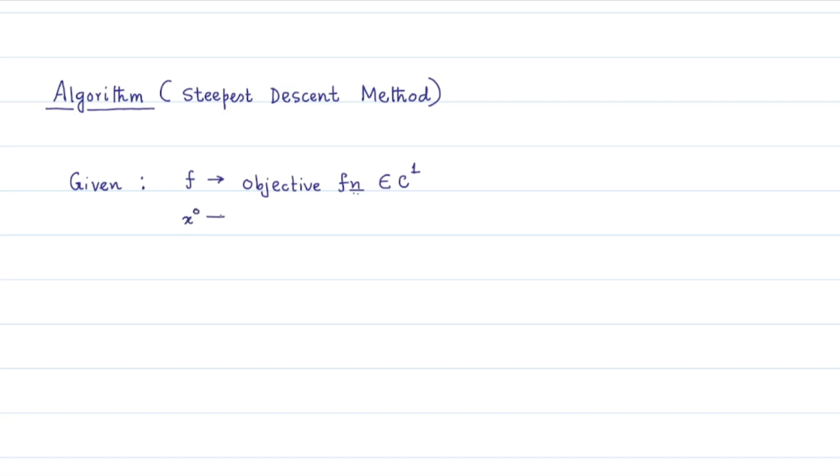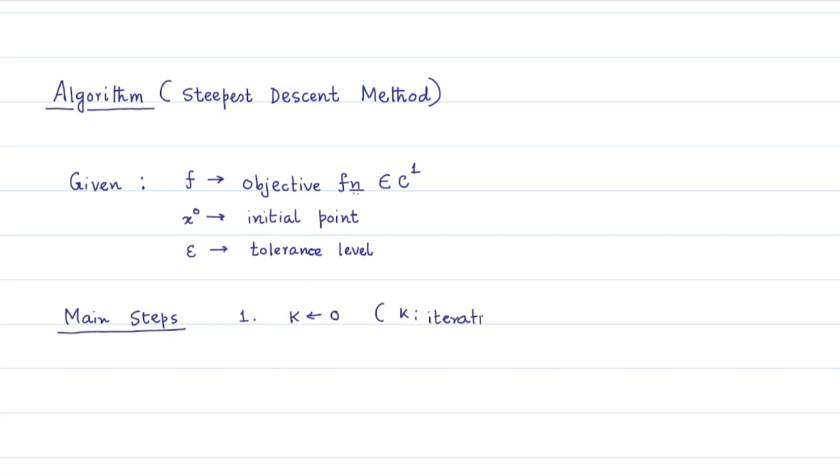Let's suppose the initial point to start the method is x naught, and the tolerance level to terminate the process is epsilon. Once these three things are provided, we move to the main steps to generate the sequence of iterates by the steepest descent method. In the first step, we initialize the iteration counter k to be equal to 0, where k is referred to as the iteration number,